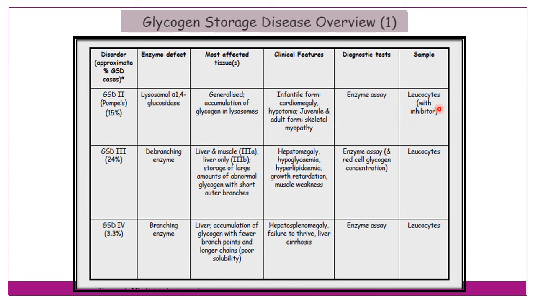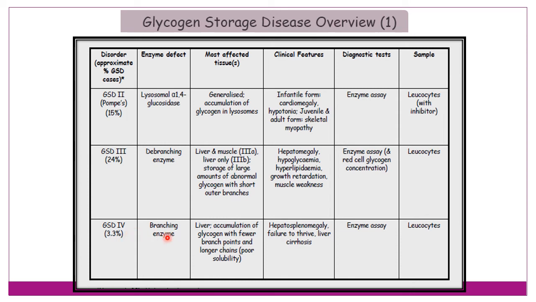Hypotonia, skeletal myopathy and cardiomegaly are there. Then glycogen storage disease type 3, with deficiency of debranching enzyme, where liver and muscle are both affected,